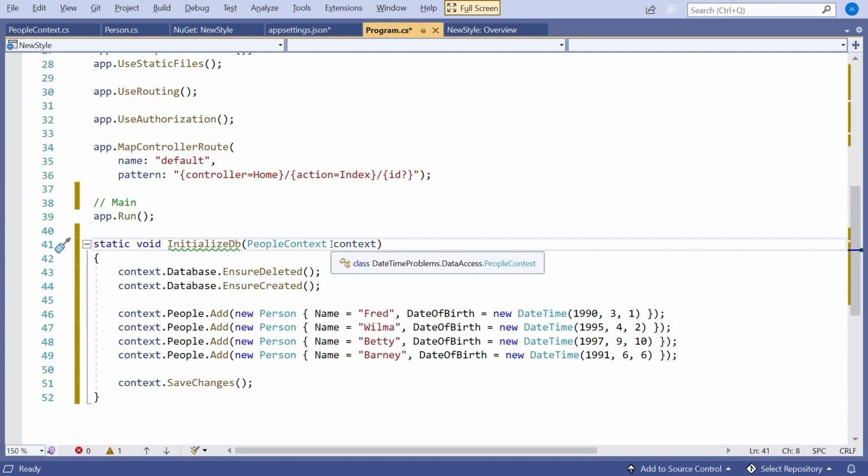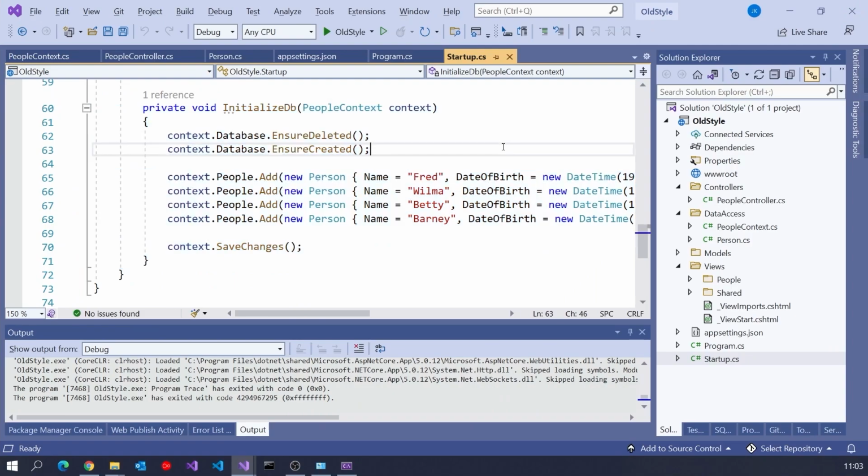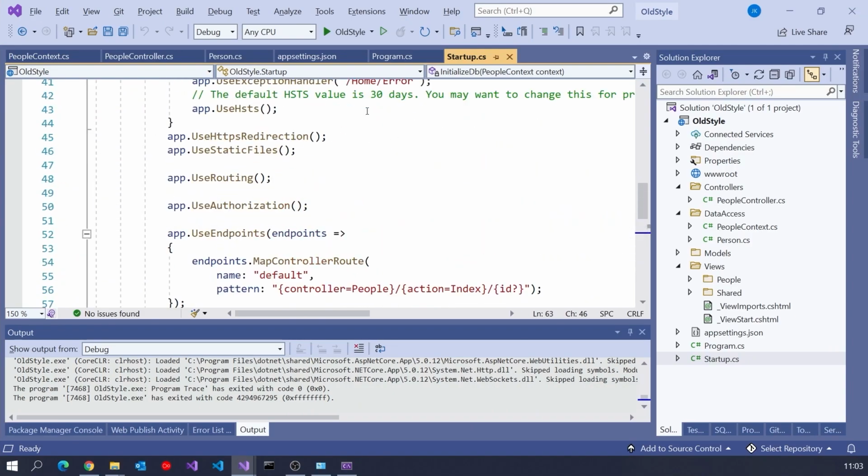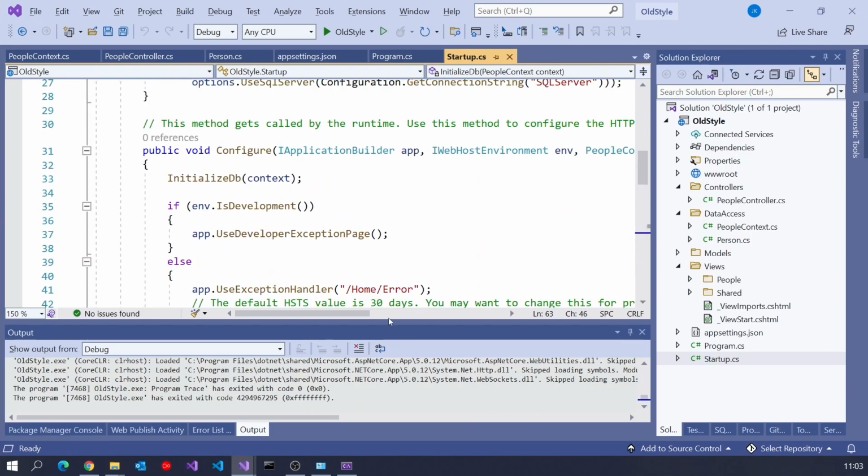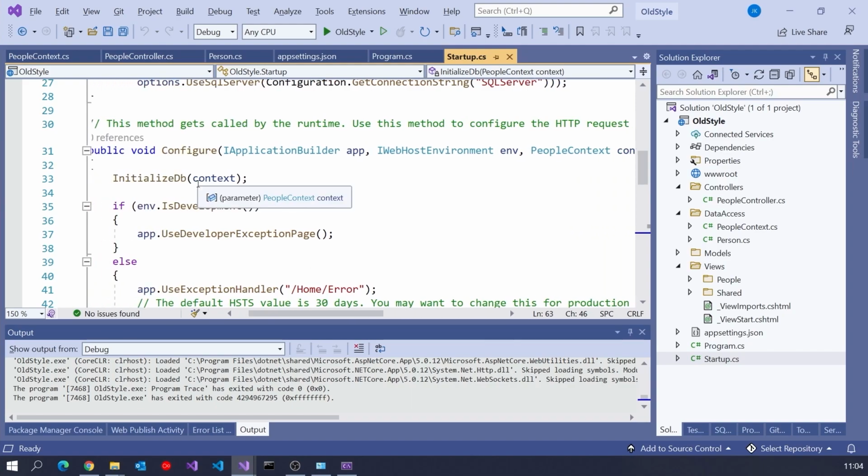But I still need to get hold of the people context, because remember, in the older version, the people context was injected into configure, but we don't have a configure anymore, so how do we do the injection? Well, we've got to do the injection for ourselves. And this is something we looked at in a video a little while back when I was going into the real in-depth of injection and how you can manage it in non-ASP.NET applications.